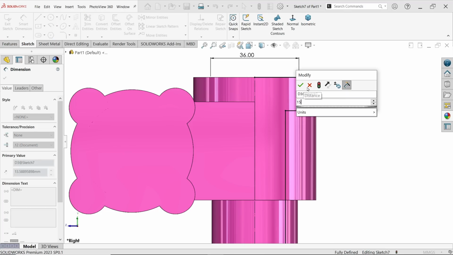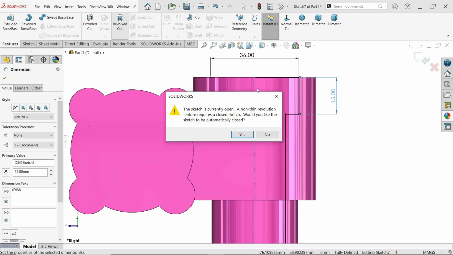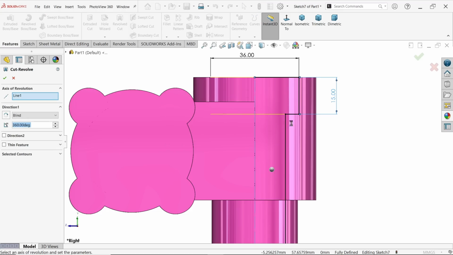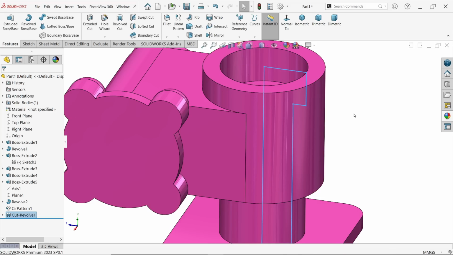This height 15. Now activate revolve cut feature. Due to system, this profile is open. System asks, would you like the sketch to be automatically closed? Say yes. By default, system take this axis as an axis of revolution. Angle 360 degree. Say yes. And look,